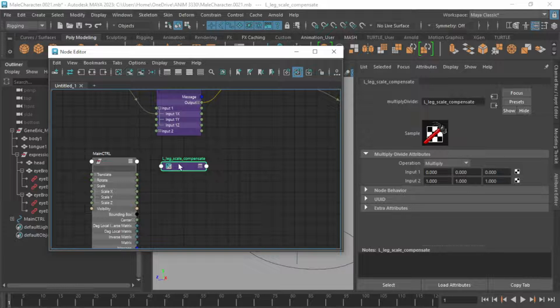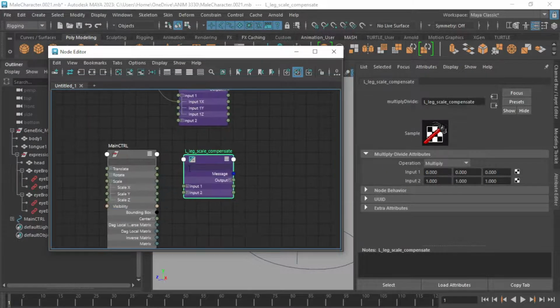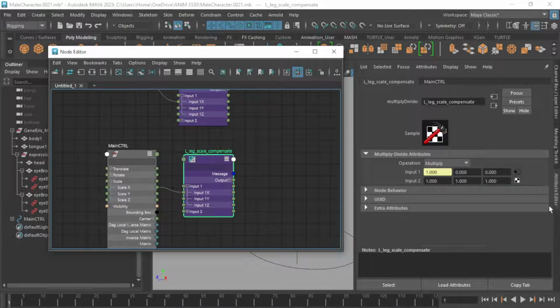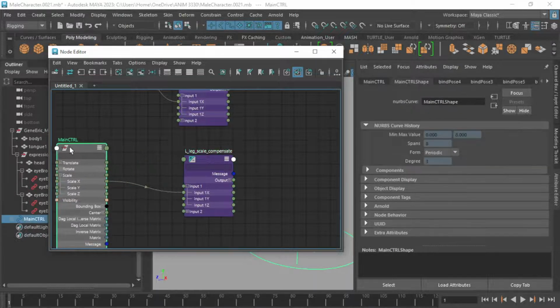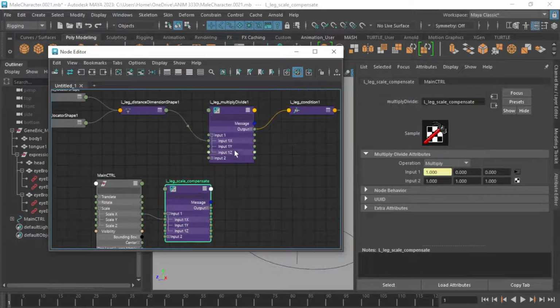That way I know what this node's doing. I always like to name things because, as you can see, things get a little complex in the node editor. So this is going to be our scale X, which is going to go into input 1. Let me pull up my attribute editor. There we go. And what we need to do is go up here to our multiply divide node and be